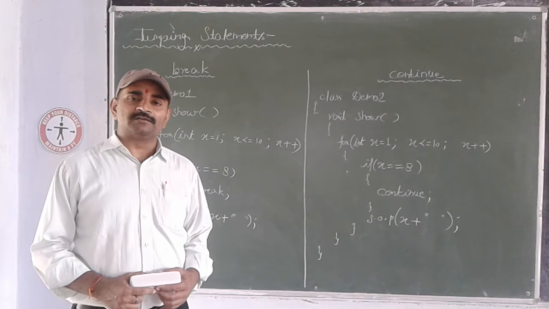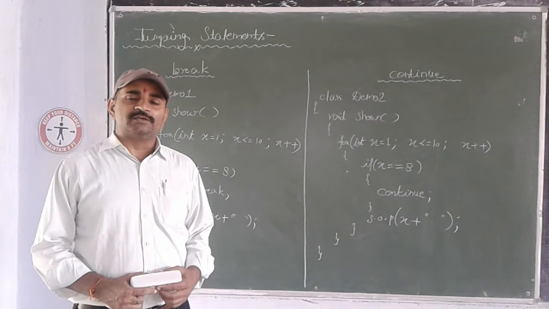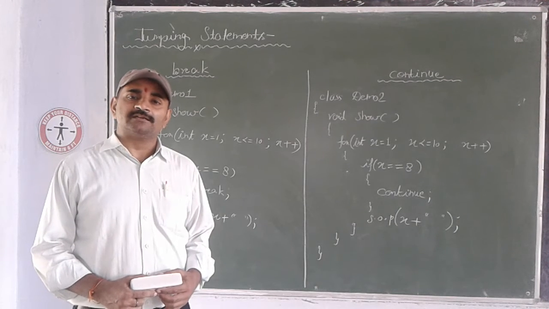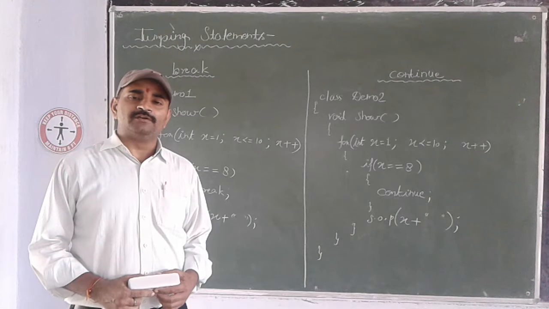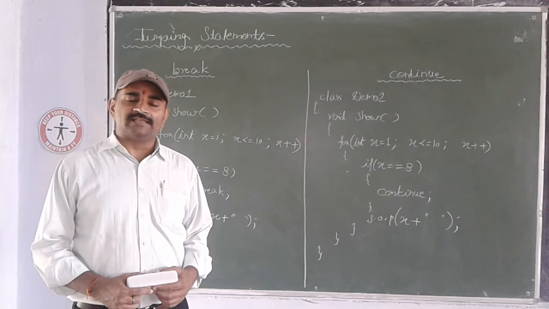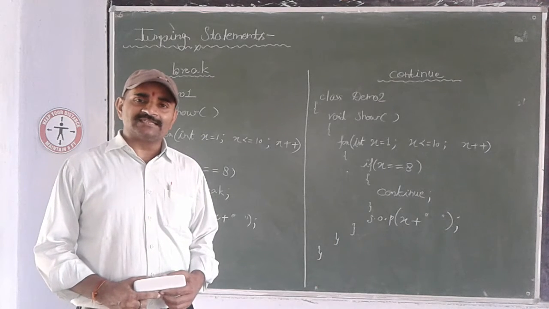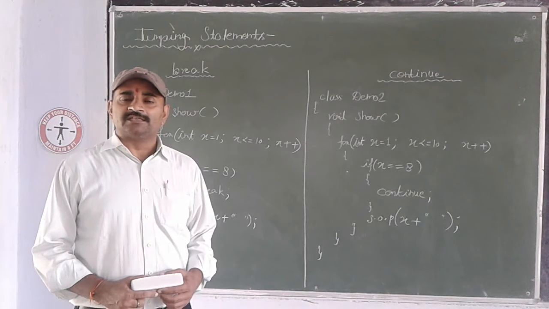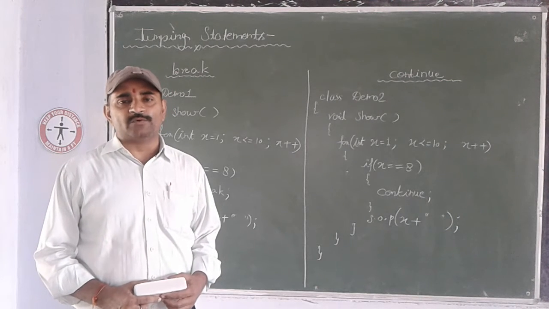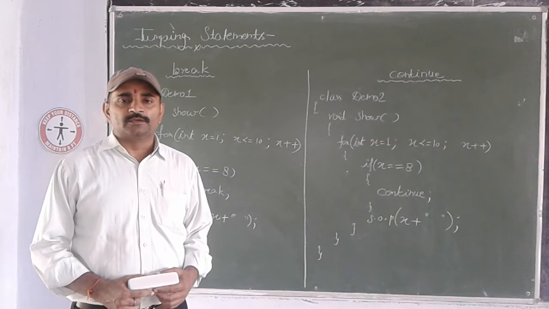Return statement you have already learned in case of methods. If you remember, when we use the methods, in method prototype we define return type. If a method returns any specific value, then we use the related keyword. Otherwise, if method does not return any kind of value, then we use a keyword void. It means no return value.